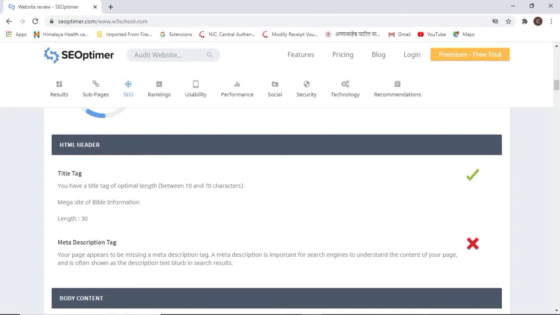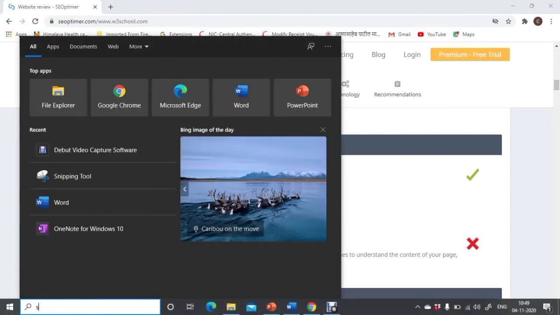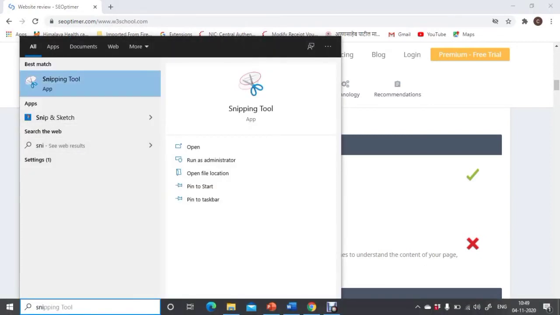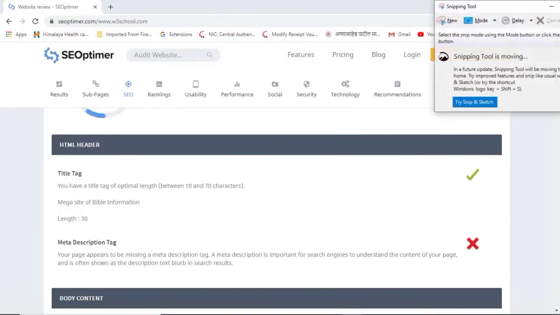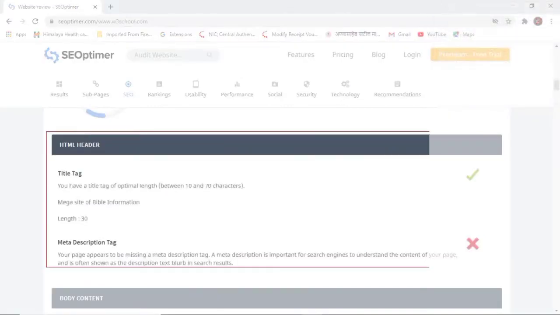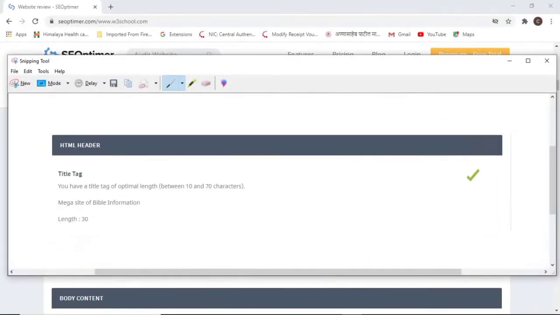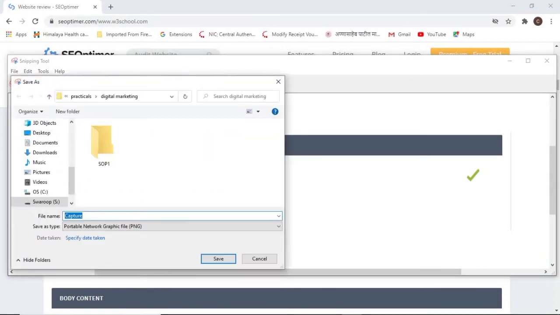So we can either take a snapshot of this or we can type it also. If you want to take a snapshot, we can use any tool. I am using the snipping tool here. So click on the snipping tool, new, and then take a snap of the title tag. Now save this in the folder.